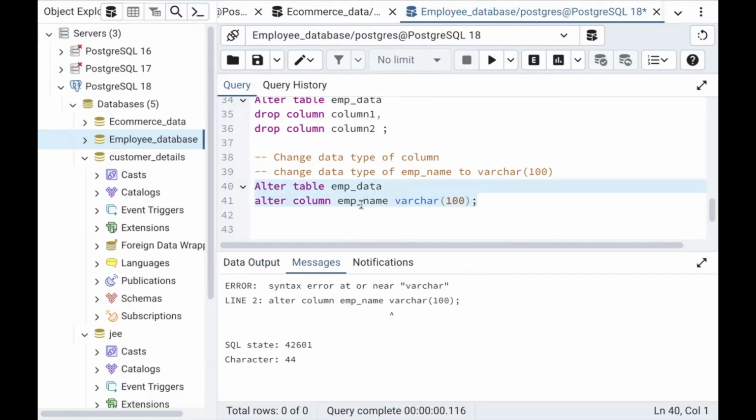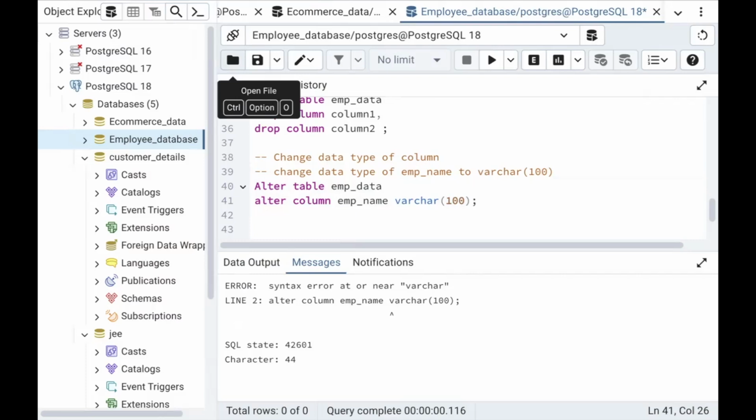Okay, employee name. What's wrong? Varchar of 100. Varchar spelling is right, no? Okay, so when you specify the data type, it's important to specify a type.